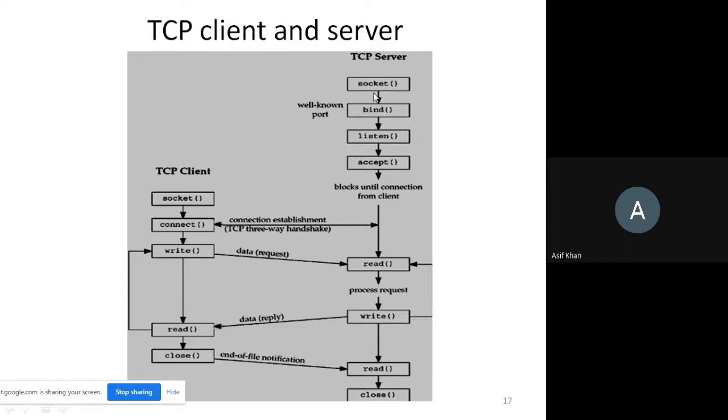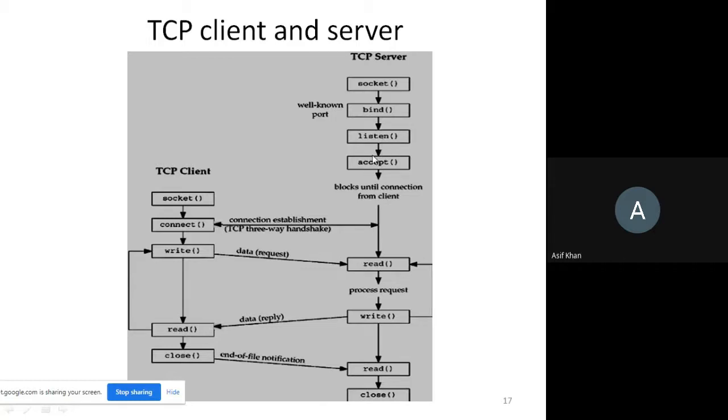Okay, the endpoint is created by using the socket function, then the address is attached by using the bind function, and then after attaching the address, the server should listen to the client requests, right? To make the server listen to the client requests, the listen function is used. Many clients may be there, multiple clients will send requests to the server, so the server must listen to all the client requests. To do that, the listen function is used.